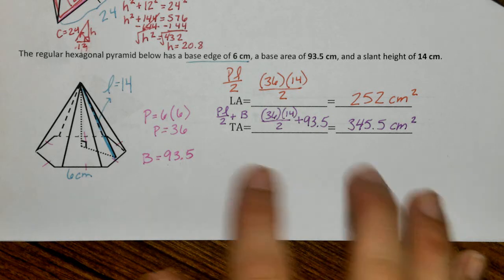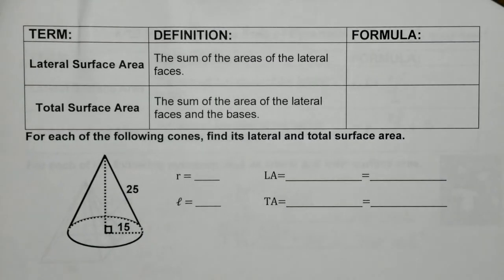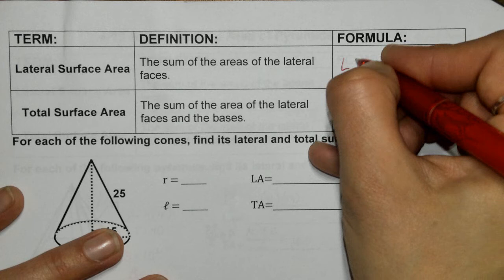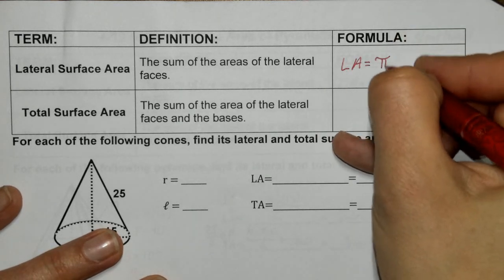Let's take a look at cones now. Again, same exact definitions. Just like the cylinder, the face is a curved face. Just like the pyramid, it only has one base. So your lateral surface area, it's going to be nicer than the cylinder, is just going to be pi times